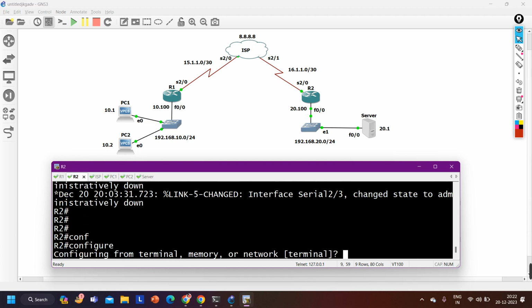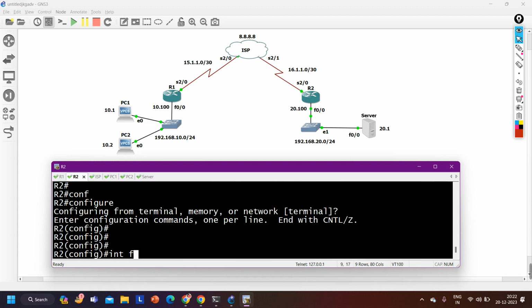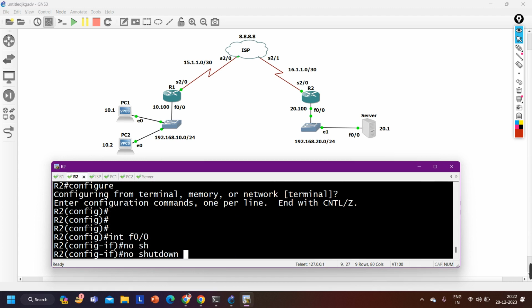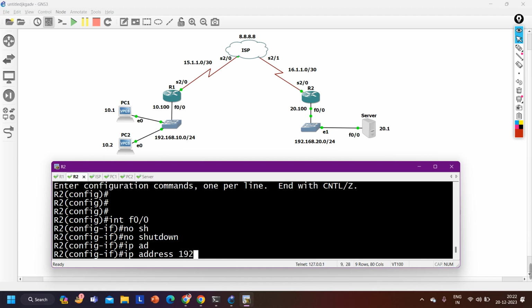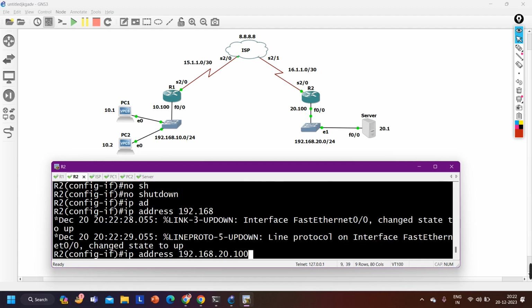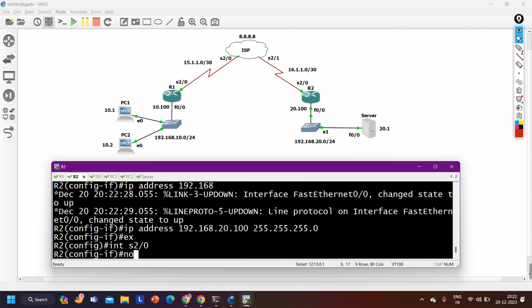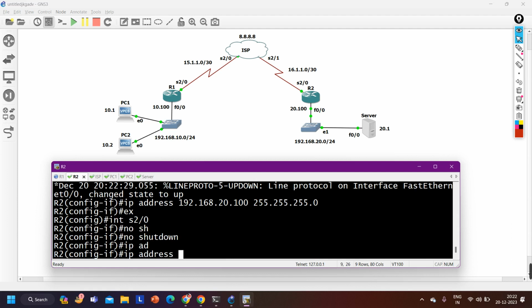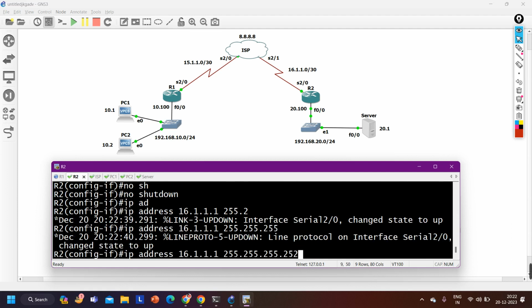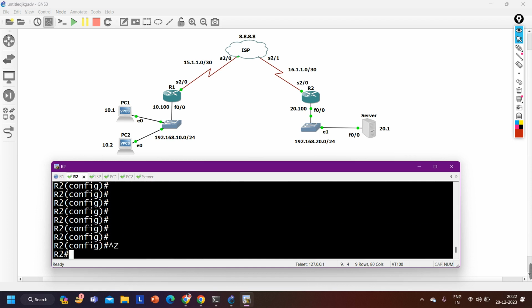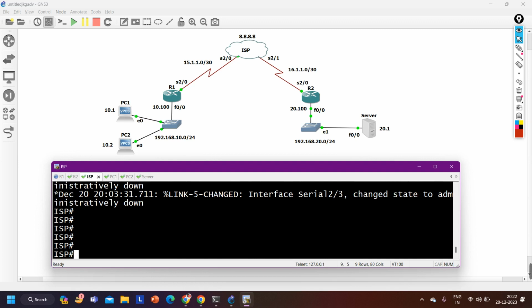R2, interface FastEthernet 0/0, no shut, IP address 192.168.20.100, interface serial 2/0, say no shut, and here IP address is 16.1.1.1 255.255.255.252, exit and write. Then ISP